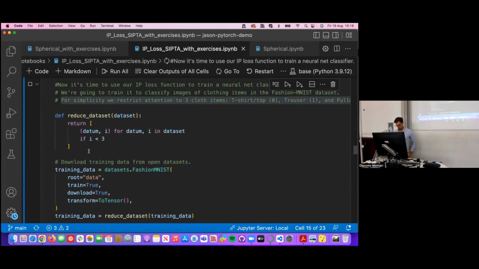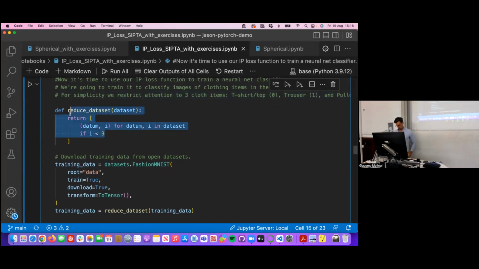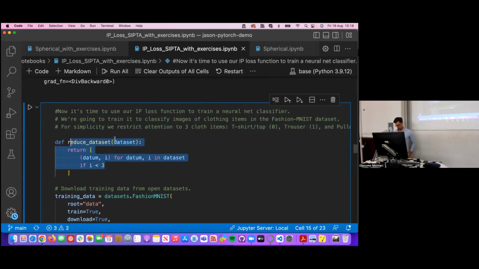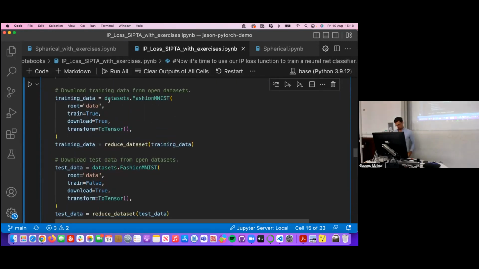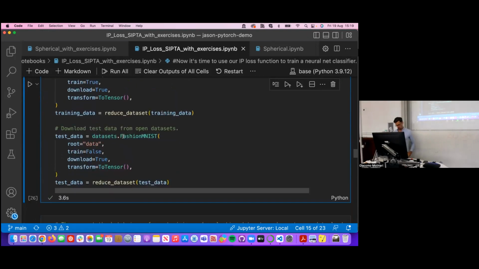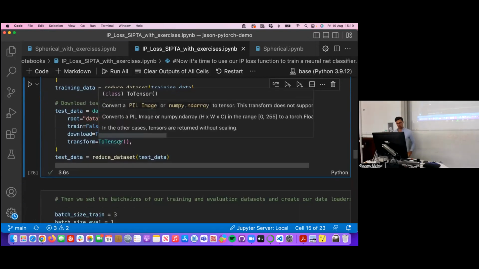And we're going to use the fashion MNIST data set here. Then this first part, I'm just restricting the training set to only include 3 items of clothing. And then here we downloaded the training data and downloaded the test data. So now we're going to train it on different data than we're going to test it on, so that it's